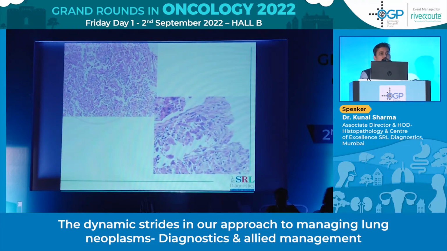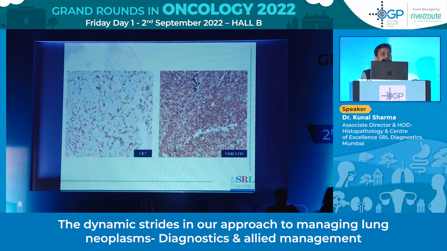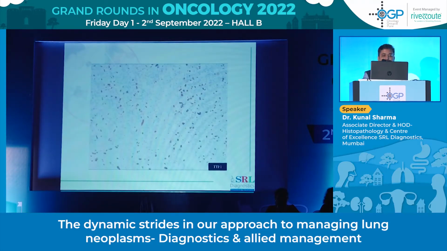So then we decided to throw in the markers. This did definitely guide me towards one particular type of histology. CK7 was positive, more in the epithelial looking components. Vimentin was diffusely positive. TTF1 was again staining. You can see some of the large cells, bizarre nuclear forms also staining positive for TTF1.